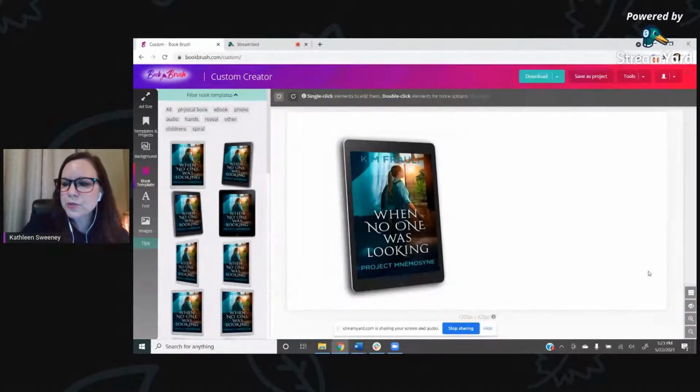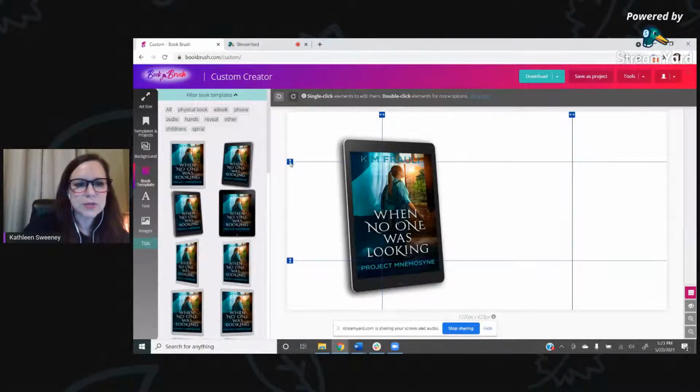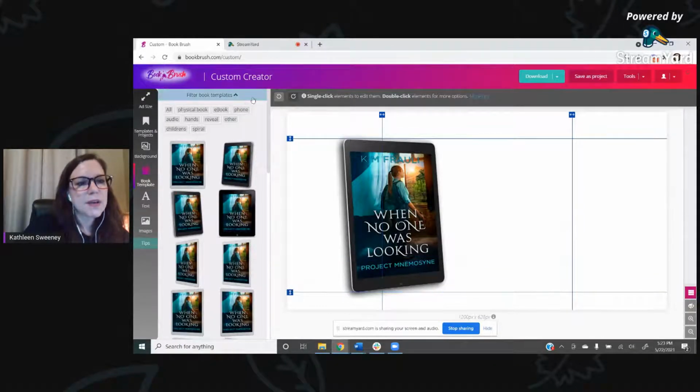Now the centering tools are over here on the right-hand side. There's an eye icon that we talked about, and right above, toggle grid lines. So the first one are grid lines. And then the next one are these centering tools, and they're movable. So I can drag this up to the top, drag this to the bottom,